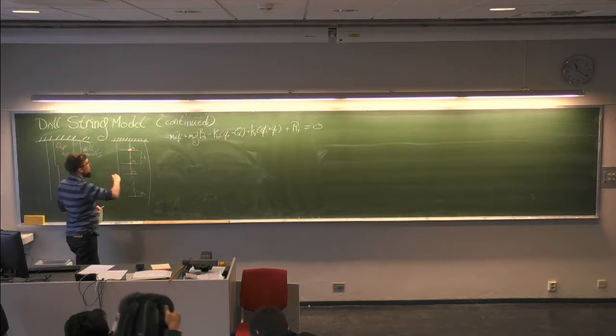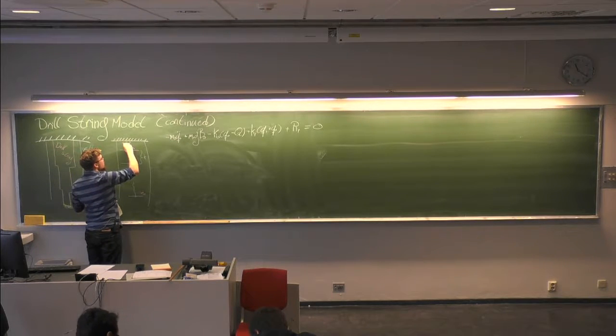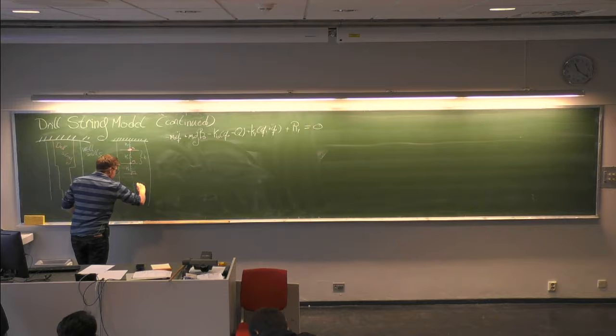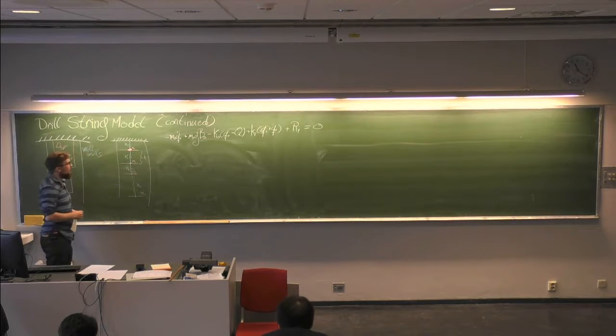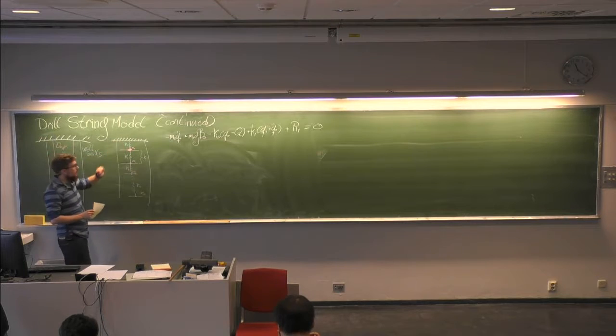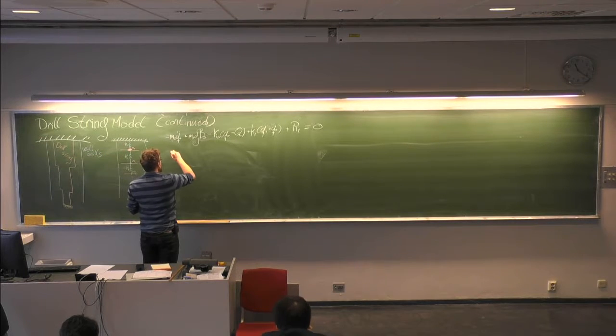Those are the spring constants: K0, K1, K2, Kn, und so weiter. So this one is for the first oscillator, and the next one,